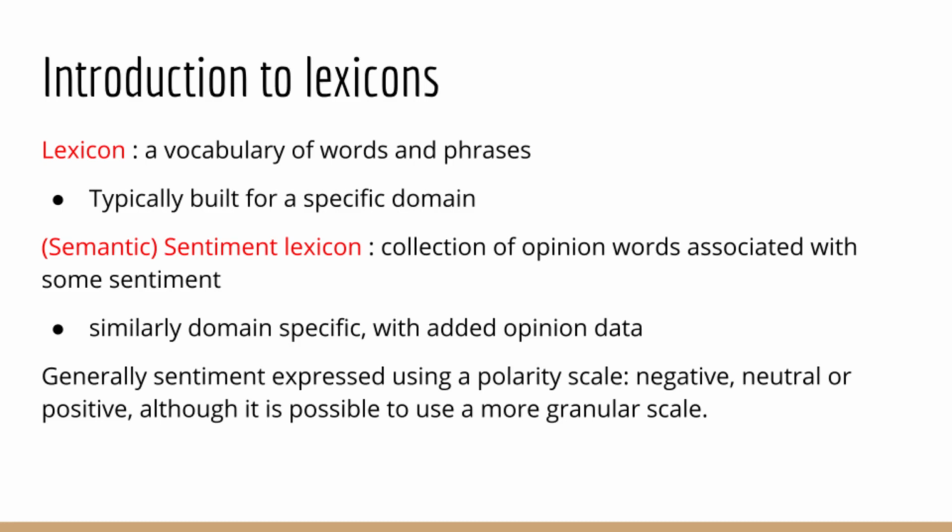In addition to the techniques used for sentiment analysis, the precision and accuracy of sentiment analysis is dependent on the sentiment lexicons used. A lexicon is a vocabulary of words and phrases, while an opinion or sentiment lexicon is a collection of opinion words associated with some sentiment. Hence, one could search through a generic sentiment lexicon for the adjective blood-curdling and most likely find that the term is associated with a negative sentiment, while the phrase sparks joy could be expected to have a positive sentiment attached to it.